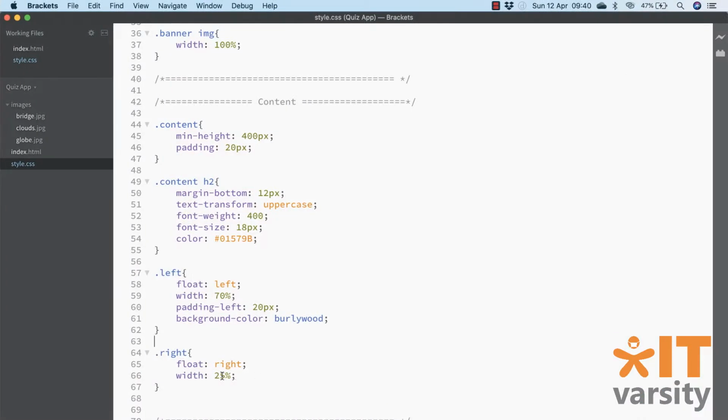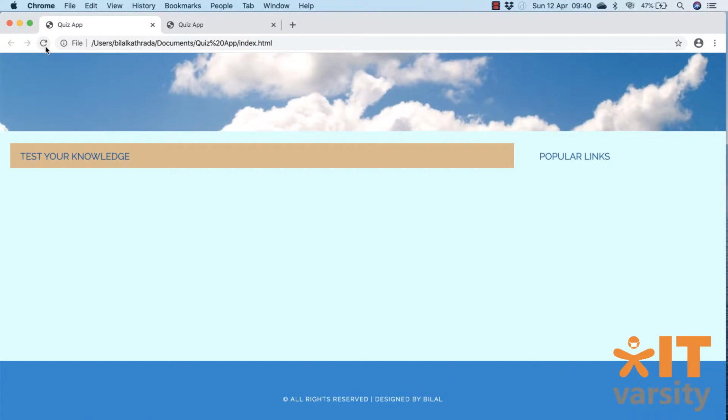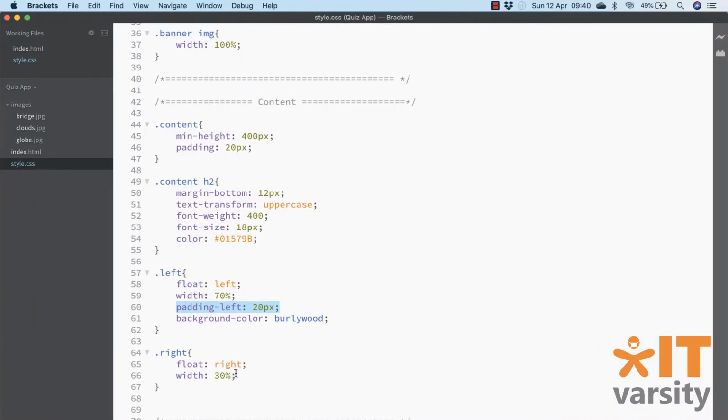Now let's see what happens when we go with a full 30% here. Now remember also that the left has some padding there, so we have to accommodate for all of that. There we go. Can you see what happened when you put it to full 30%? Because of the padding, it tends to overlap, and because there's an overlap, then the right section is pushed downwards. So let's change that back to 25%,